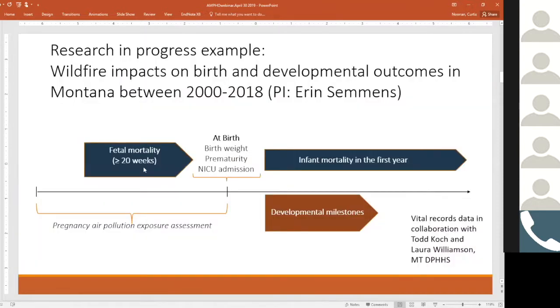I'm going to go into 3 quick examples of how we've used different data sources within our work. And the first comes from Erin Simmons, who is one of our new investigators here. And she's engaging in a study looking at wildfire impacts on birth and developmental outcomes. And so, as you can imagine, for something like birth and developmental outcomes, we need a whole lot of different data sources to be able to get at some of the questions that she's interested in. So she's partnered with Todd Koch in the Vital Records Division at Montana DPHHS, as well as Laura Williamson, the state epidemiologist,